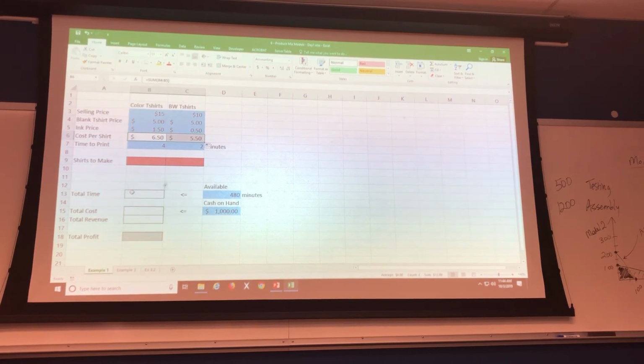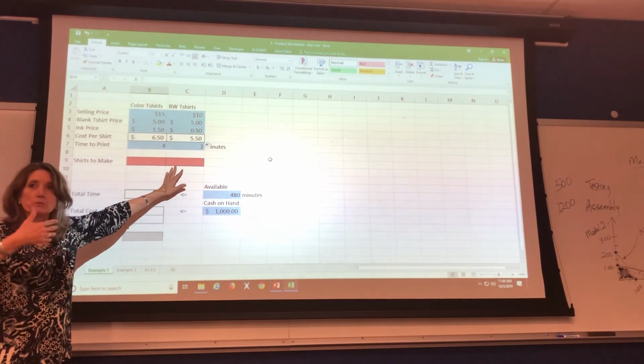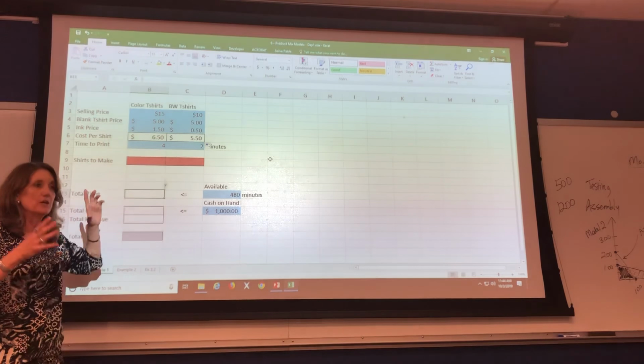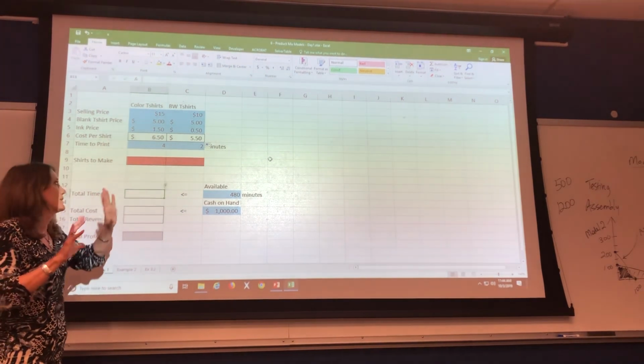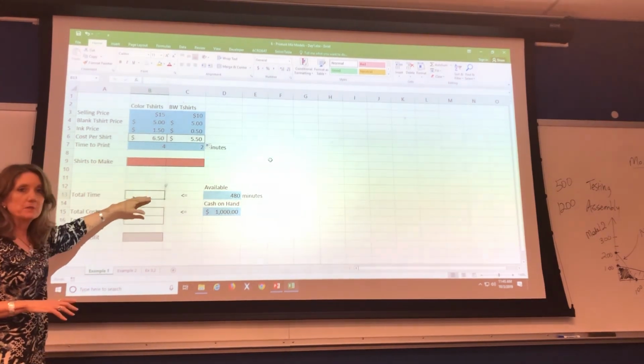Okay, now, again, we have to calculate. I know there aren't numbers in here right now, I get that. But in the process of running Solver, Excel will be putting numbers in here. They have to work into our whole solution. We've got to calculate how much time